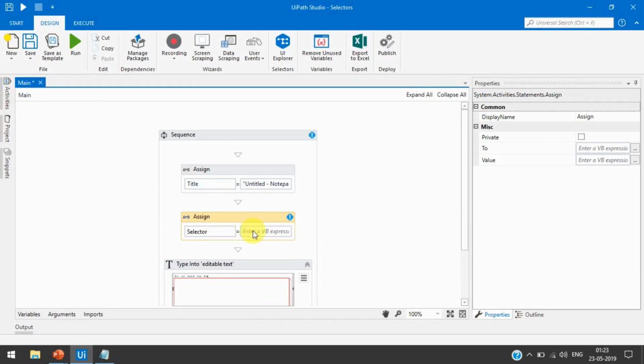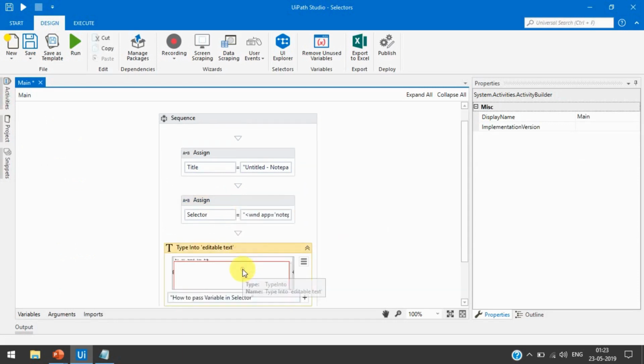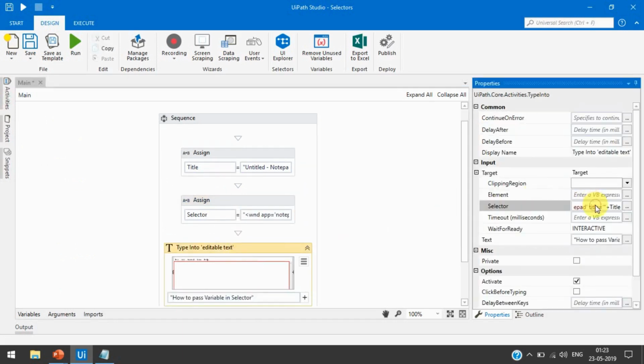This is one variable. Paste your variable selector here, right? And now go to the Type Into and remove this whole selector and write the variable that you have created.